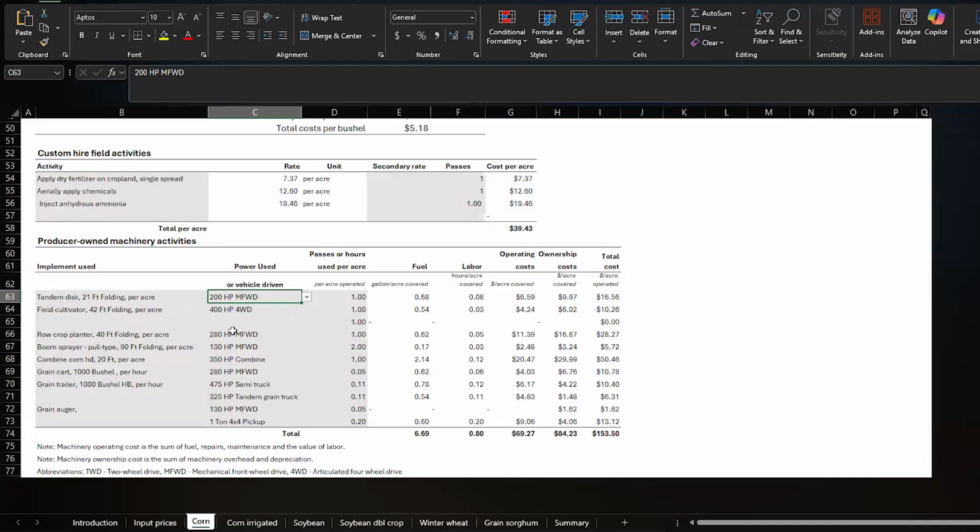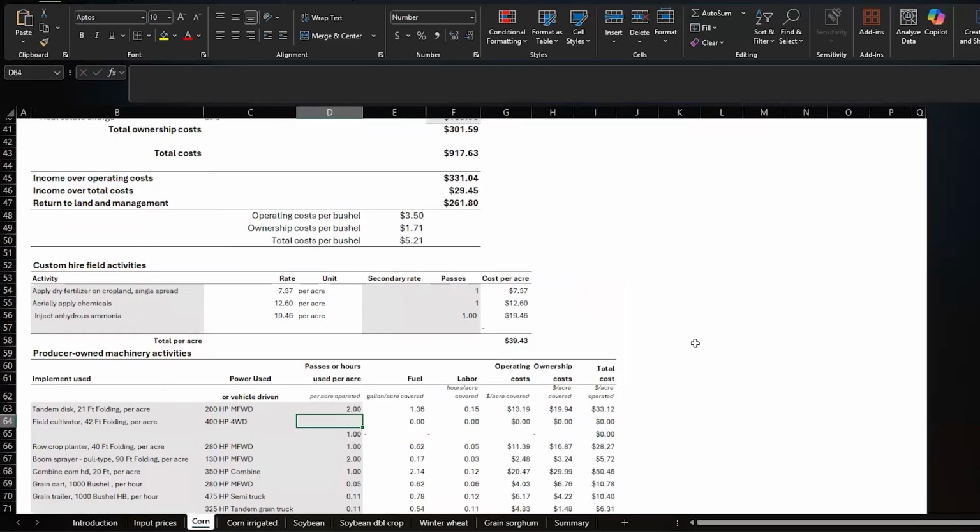Another way we can influence costs is by the passes or hours used per acre. Certain items are billed differently, whether it's per acre or per hour. For instance, our grain carts are allocated per hour, our grain hauling units are allocated per hour. So where we can make that change is if we are not going to use our field cultivator on a particular field, we can get rid of the one pass to zero out our field cultivator cost, even though the input for the field cultivator and tractor is still there. And we're going to be disking that field twice instead of once. So change that 1 for a 2, and we're ready to go with the second disc pass,